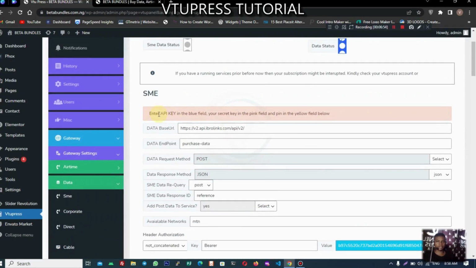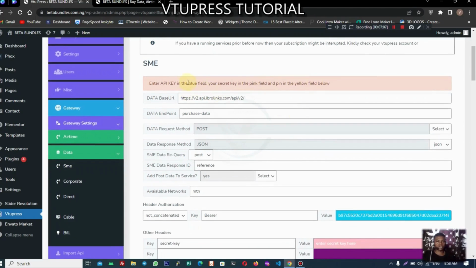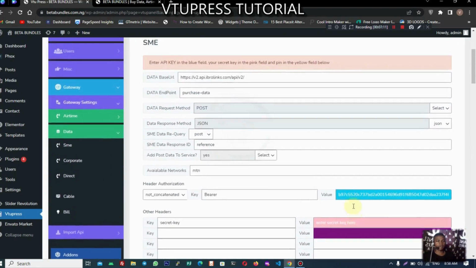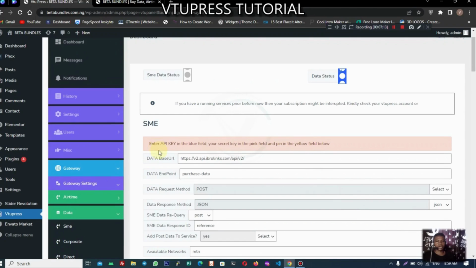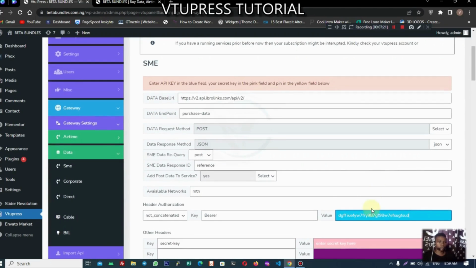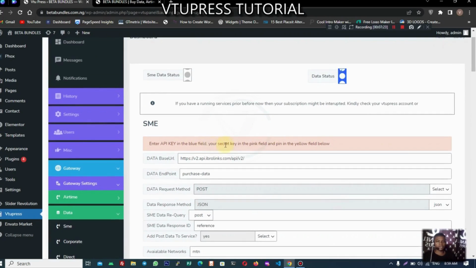Now we need information. Enter API key in the blue field, your secret key in the pink field, and pin in the yellow field below. So what you are told to do is to locate the color. Everything is color branded, so you can easily locate what you are asked to do. So now we are told to enter our API key. Let's suppose our API key is something like blah blah blah, just something like this. So you have to enter that there, and your secret key